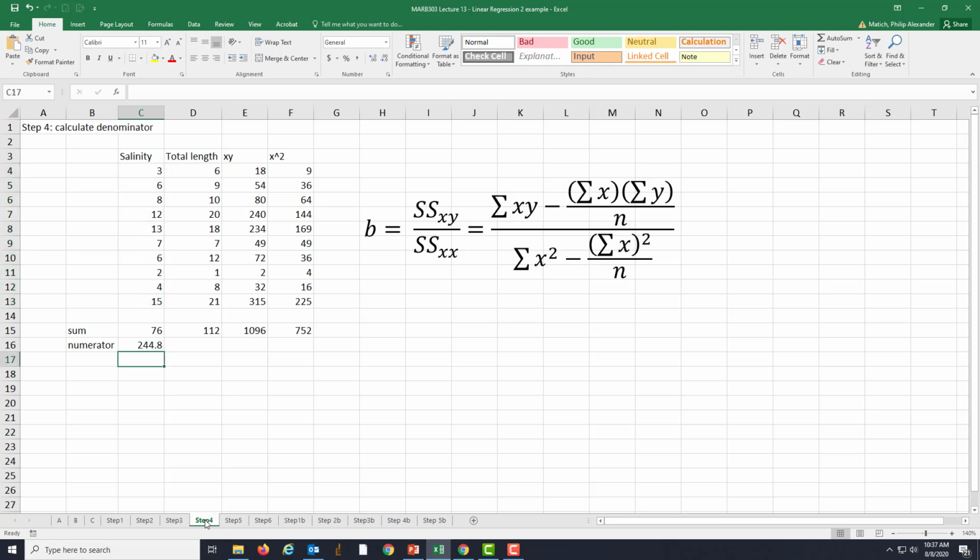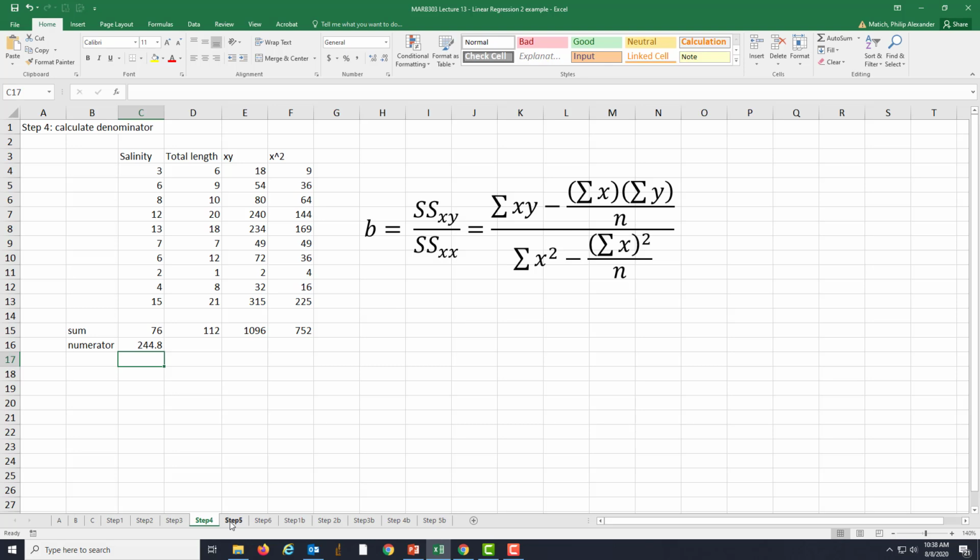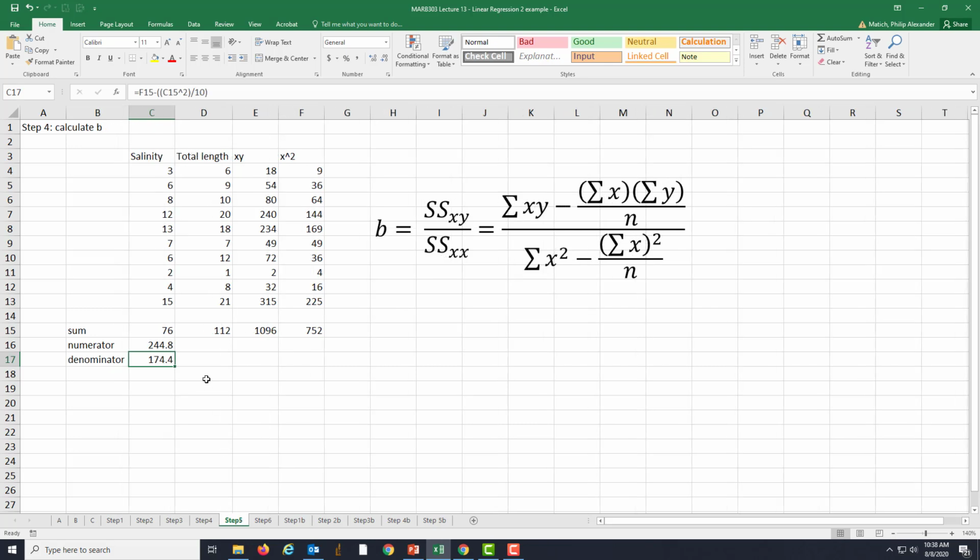So we can go through and calculate the numerator, again filling in the appropriate information here with the summations and following orders of operations. And then we can calculate the denominator, again filling in the appropriate information. And once we've got the numerator and the denominator calculated, we can calculate the slope by dividing the numerator by the denominator. And we get our slope of about 1.4. So this means for every part per thousand salinity that we increase, the size of our animals tends to increase